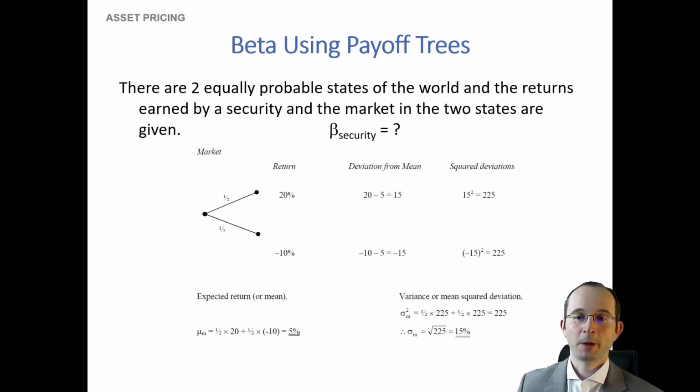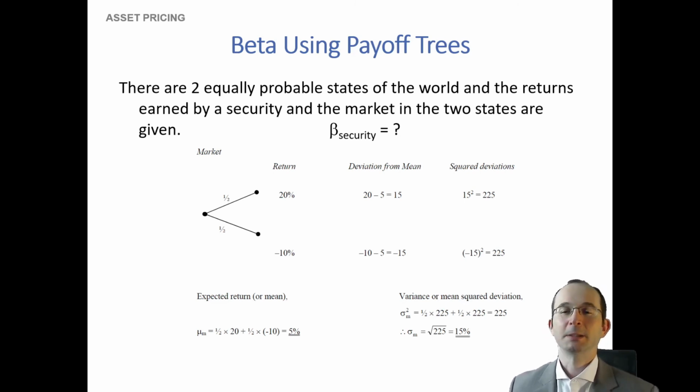Well, let's go back to our Chapter 5 simplification of complex distributions, because the market return of course follows a continuous distribution, so does your individual asset return. And that's a little bit hard to think about, but let's simplify it with payoff trees as we've previously learned. So let's say that we have two equally probable states of the world, and we have one particular risk asset that we have in mind, and also the market. And we know that the returns of the two assets are what they actually are. The market,